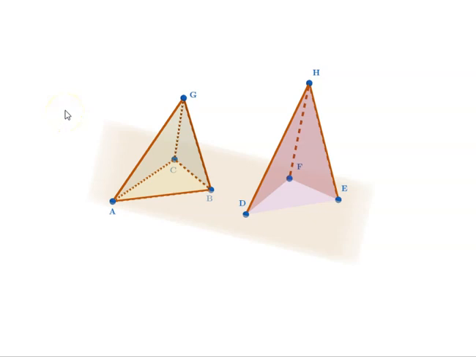Let us look at proposition number 5 of book 12 of Euclid's Elements. The proposition says pyramids of the same height with triangular bases are to one another as their bases. So let's see, given pyramids ABCG and DEFH of the same height with bases